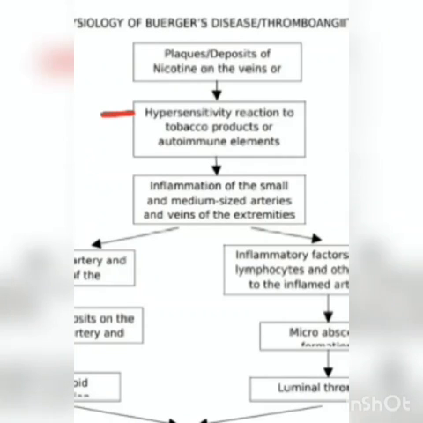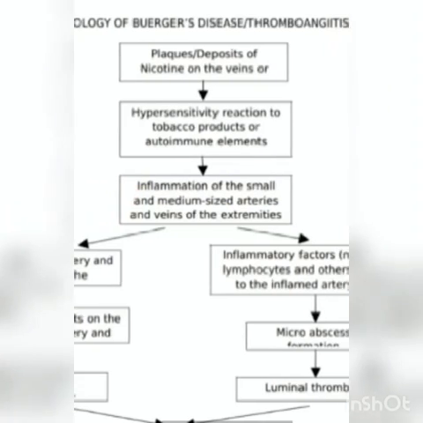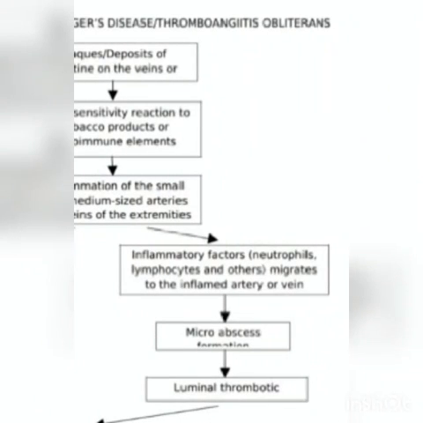Etiologies such as hypersensitivity to tobacco products cause an autoimmune ailment because it is only tobacco which triggers the immune system. Thus, it will cause molecular mimicry, which is the result of the autoimmune ailment. And this autoimmune element will cause inflammation of the small and medium sized vessels by damaging the endothelium cells of the blood vessels. And after that, the inflammatory factors like neutrophils, lymphocytes and other cells come into the inflamed artery